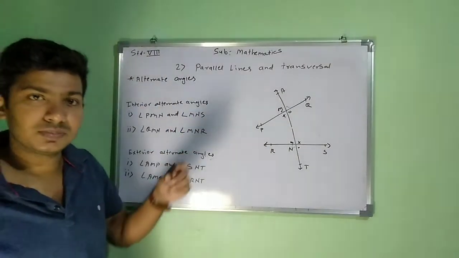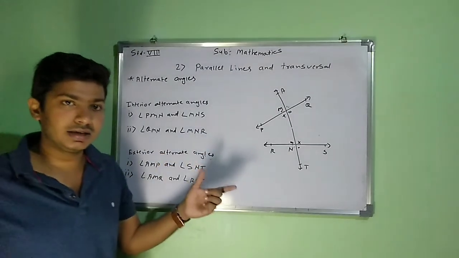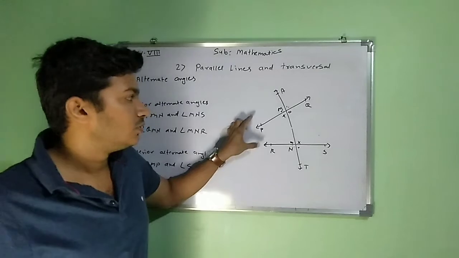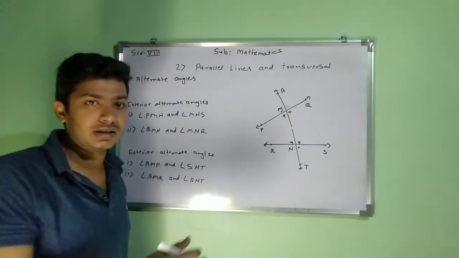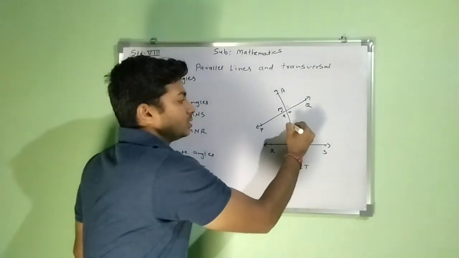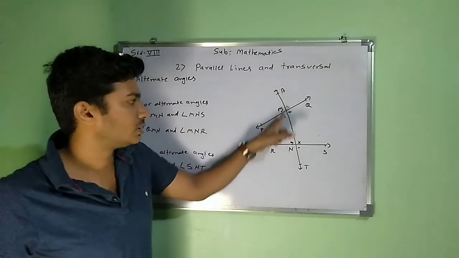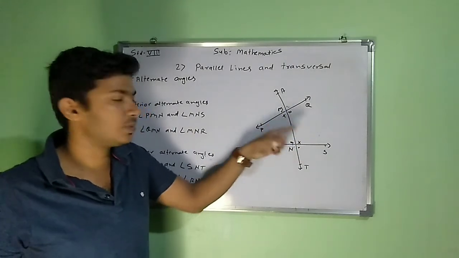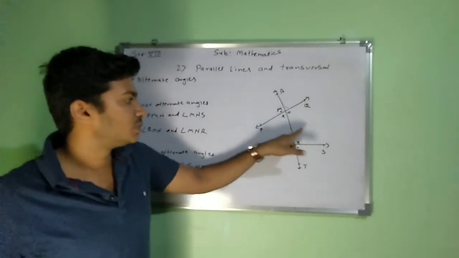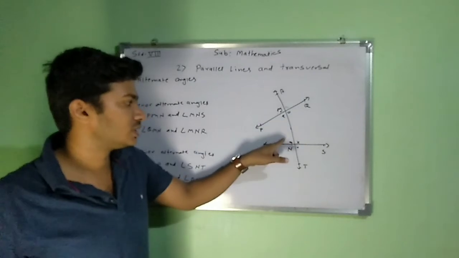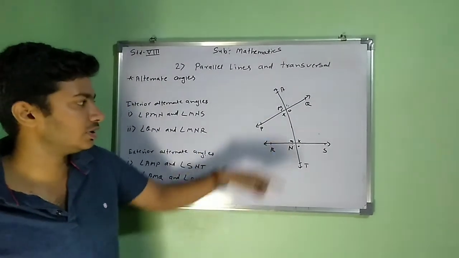So alternate angle consists of two types, first one is interior alternate and second one is exterior alternate. Interior alternate consists of angles which are inside the given two lines. Alternate means one after another, that the transversal line is between them. So those angles are on opposite sides and showing opposite direction, so that is called interior alternate. That means this pair is an interior alternate pair, and this one is also an interior alternate pair, and this one is exterior alternate. They are also on opposite sides and showing opposite direction.